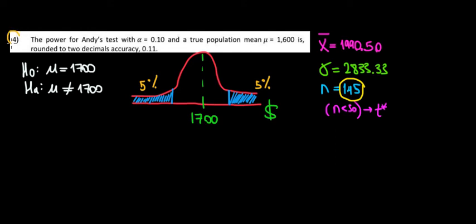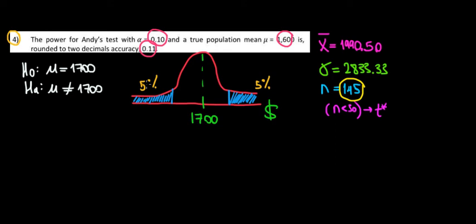In this video, let's start working on question 4. So let me change colors, by the way. The power for Andy's test with alpha equals 0.2 and a true population mean of $1,600 is going to be 0.11, true or false. Now recall, same question, same data, same hypothesis, that initially we're testing whether the mean differs